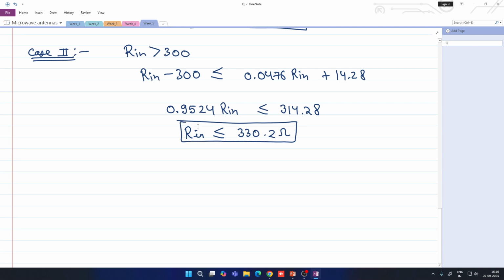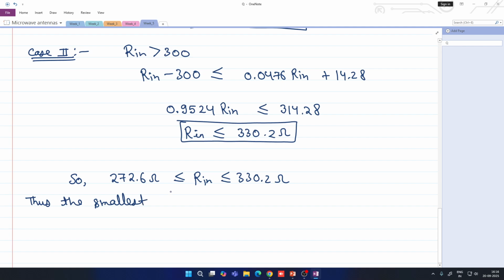So based on this, we got a range of R in values which will result in VSWR less than 1.1. What is that range? R in lies between 272.6 ohms and 330.2 ohms, and thus the smallest input impedance of the